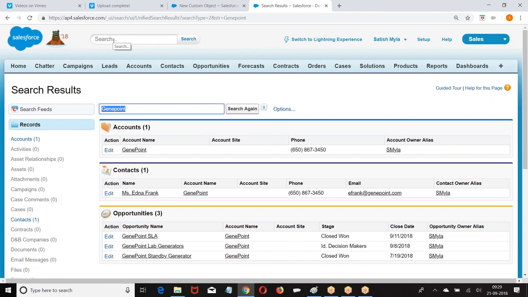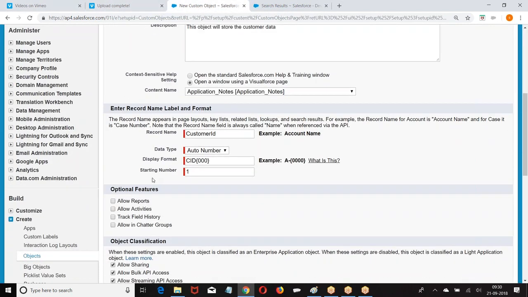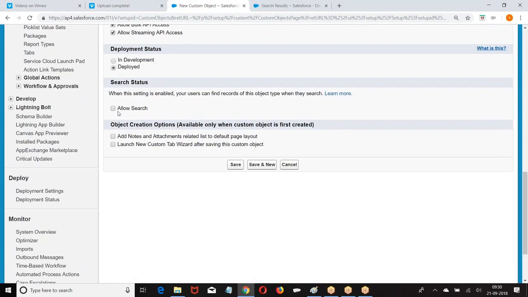Similarly, whatever data you have in your table, can I search that data from the global search or not? That is given by Allow Search. If I enable this, you can search my data from the global search.